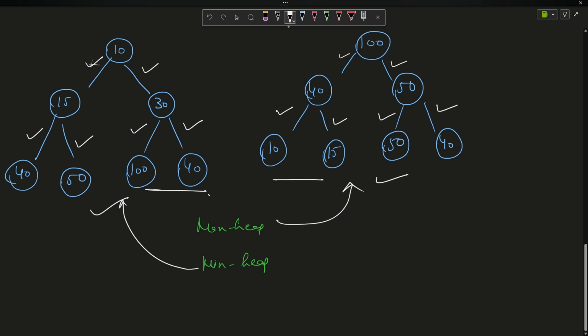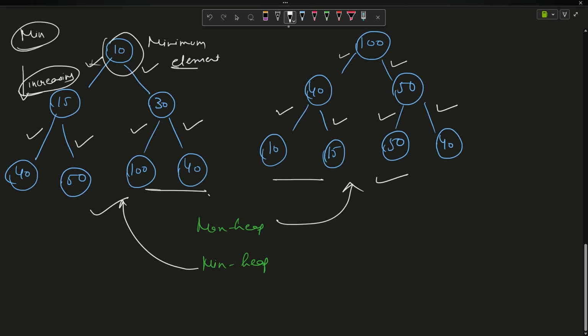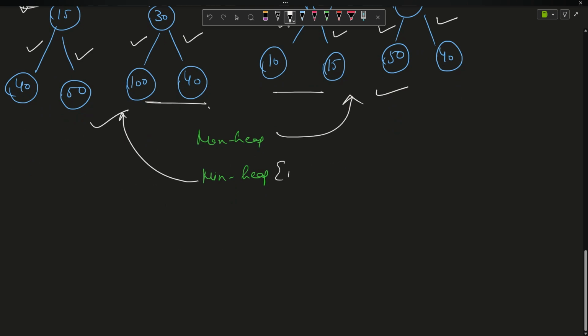if you look closely, this is the min heap, of course. You can see that as I'm going down, the value is increasing. So you can say that if 10 is less than 15 and 10 is less than 30, and subsequently the value is increasing, this is my minimum element. This is the property of min heap, that the root of the tree is the minimum element. We write it down there. Root of the heap is minimum element,